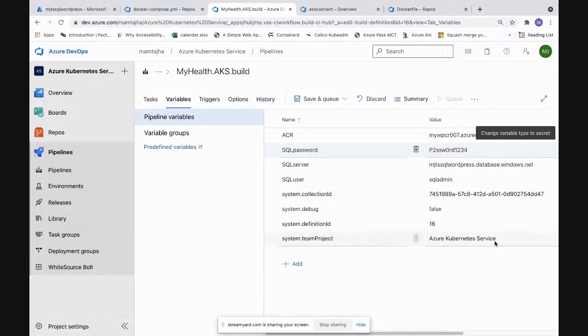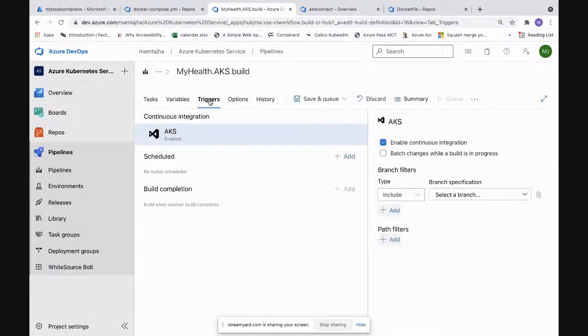We can also certainly pass our application's SQL passwords using Azure Key Vault. Yes, that is the best way of doing it. If we are actually implementing that in real time, then the SQL password would be fetched from Azure Key Vault from the pipeline itself, and it would be used.